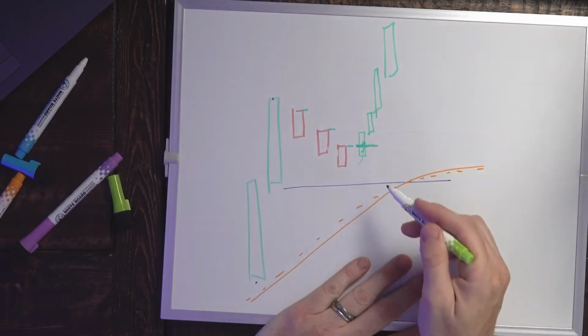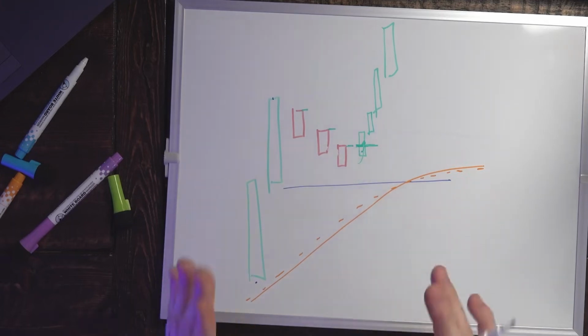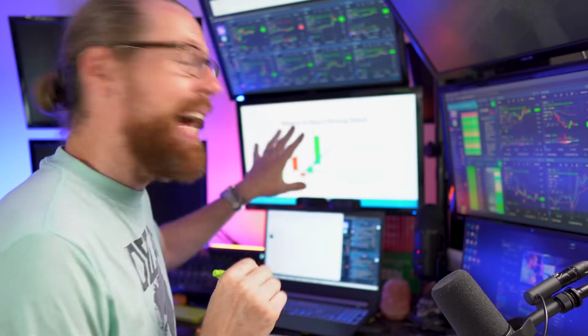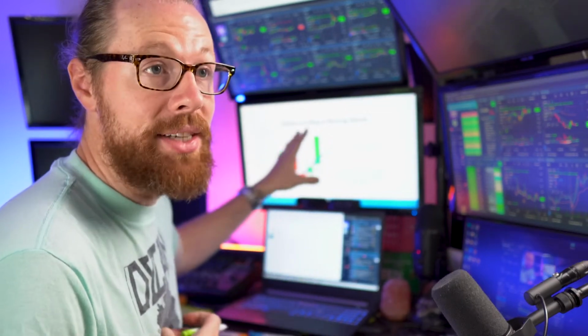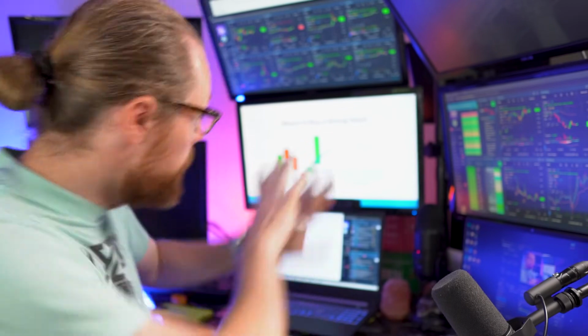All right. So this is the pullback setup. This is the pattern that I trade every single day. This is what I'm looking for. And the big tip that I would give you during this class, you're going to see a bunch of screenshots of chart patterns. Take a screenshot of it, print it out, put them all around your desk. Because what I want you to do is I want you to train yourself to recognize this pattern.